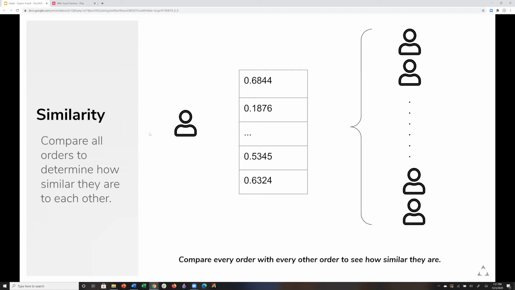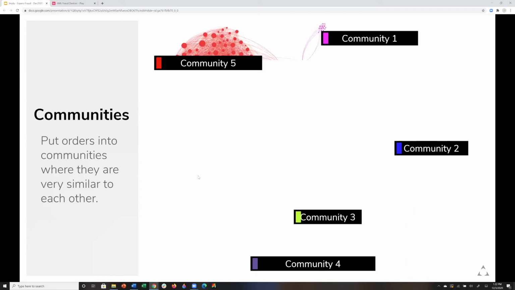this new order and compare it for a similarity calculation. For those data scientists out there, there's a couple different similarity algorithms. You can either do cosine or Jaccard or a handful of other ones, but in essence, what I might want to do, in addition to seeing all the features that I might share with existing orders, I want to compare this new entity against everything else that I know. And I can compute this in a floating point calculation and arrive at some sort of a similarity where this new entry can be compared to everything else that I already know. Taking that similarity, on the next slide, you'll see that you can take